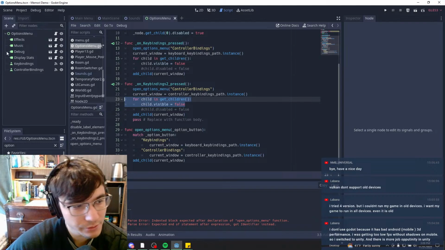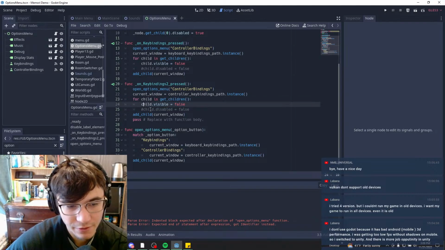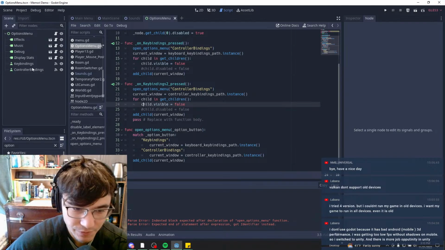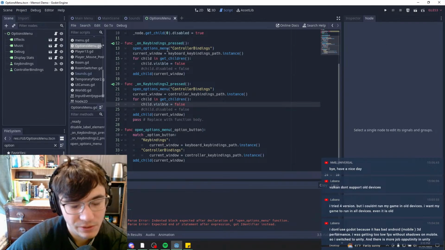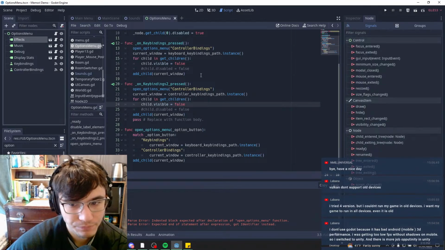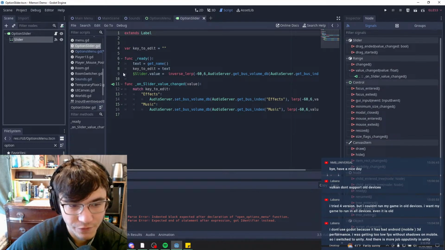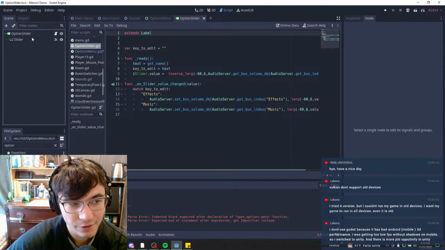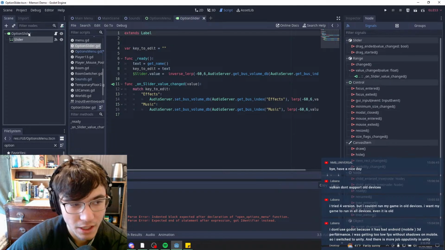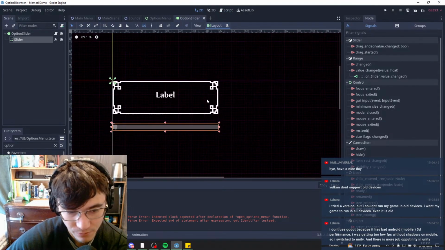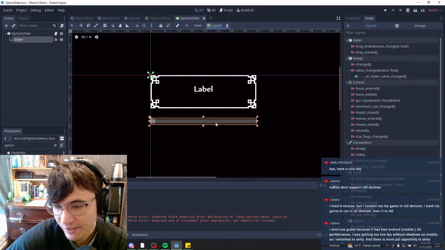Technically, we also want to disable all of these buttons. I don't know why we didn't disable them here. I guess because we're using labels here. So yeah, this is gonna kind of screw us over unless we go into our label here and we just move these around. I think the initial reason why we added a label here was because we wanted to manipulate the